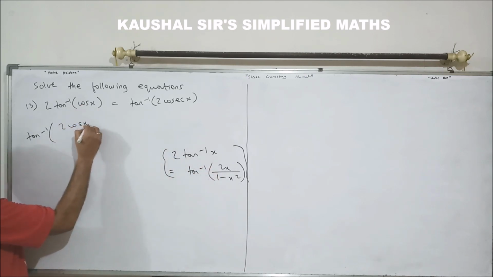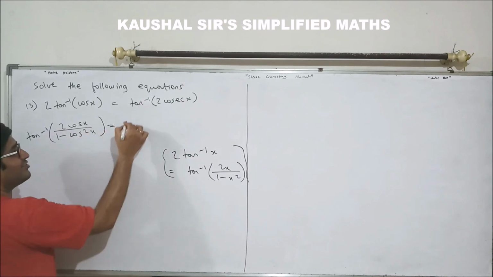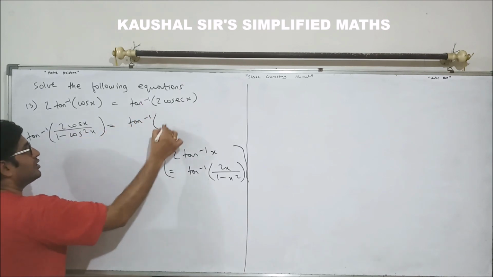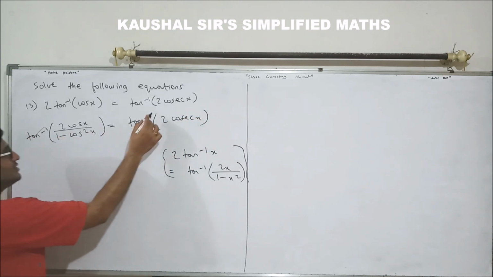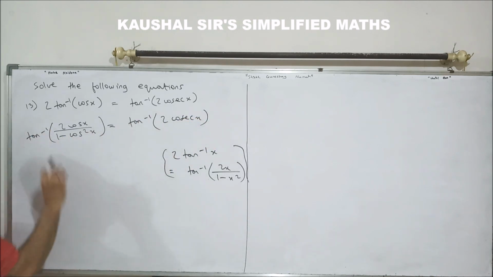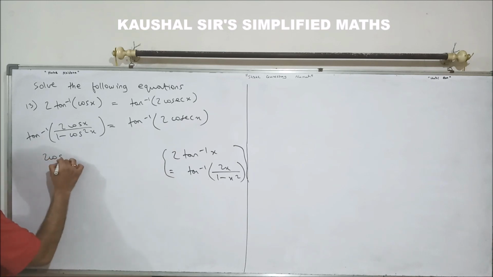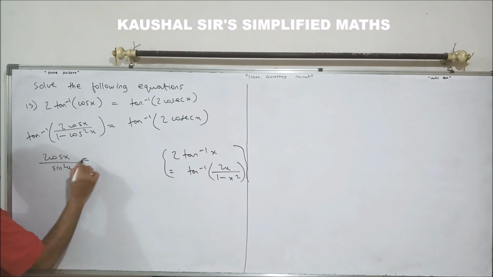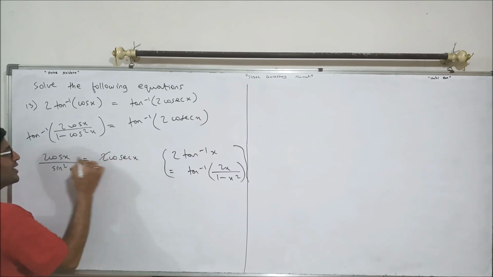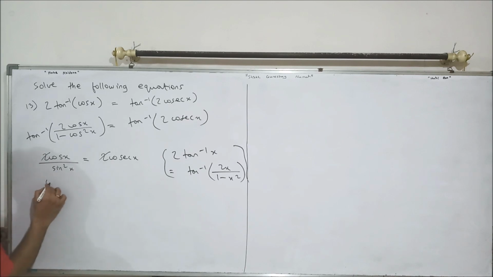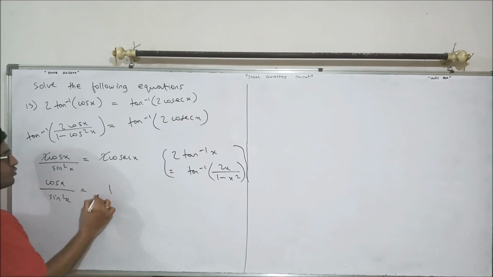So we get 2 cos x upon 1 minus cos square x is equal to, right hand side remains as it is, so tan inverse of 2 cosec x. Okay, so you can just say tan inverse and tan inverse gets cancelled. So we are just left with 2 cos x upon 1 minus cos square x, which is sin square x, is equal to, on the right hand side, we have 2 cosec x. 2 gets cancelled with 2. So we are left with cos x upon sin square x is equal to cosec x